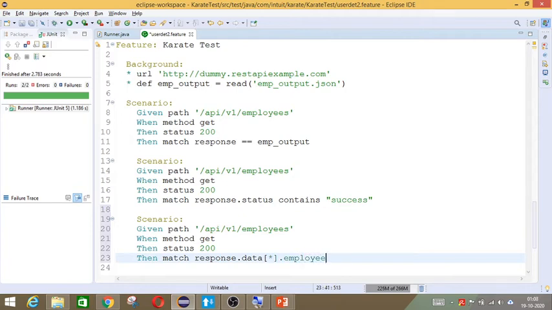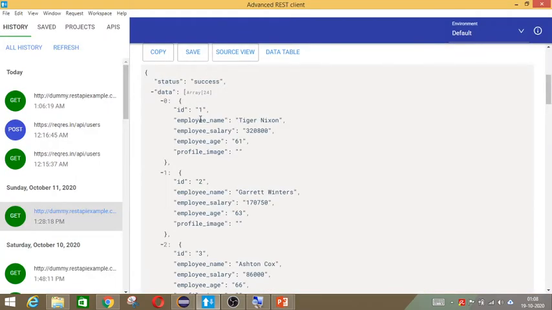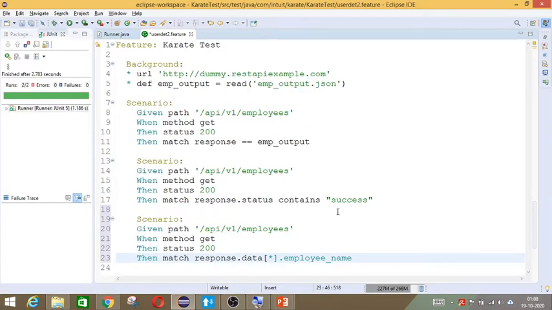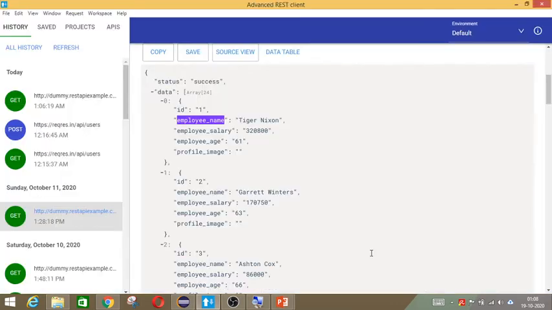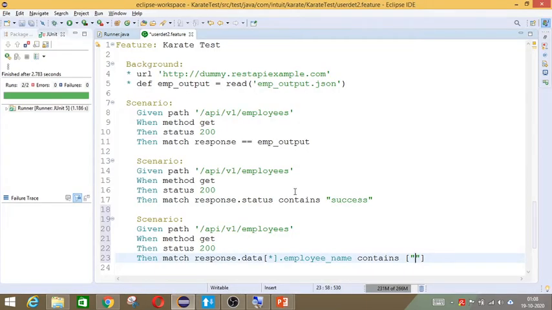So now we will give employee underscore name. I guess that's the field name here, right? Employee underscore name. And then we will say contains, and we give square bracket, and within square bracket we have to give the employee name. So what is it that we are going to validate? Let's take this Garrett Winters, and we'll paste it.